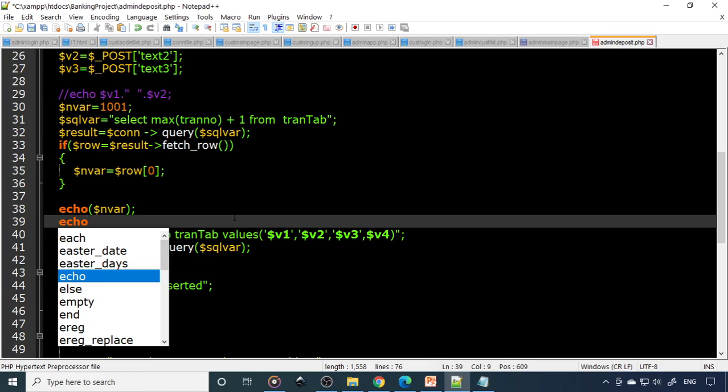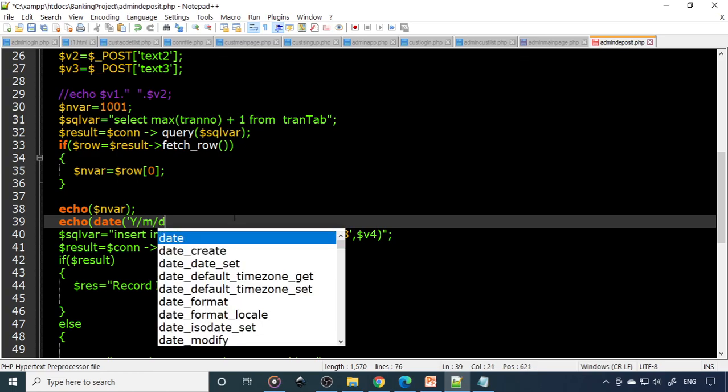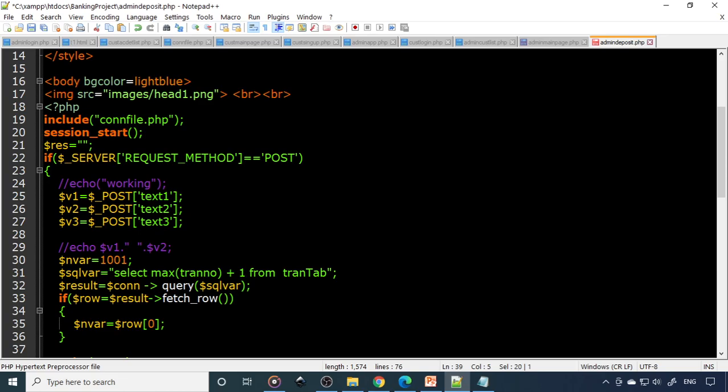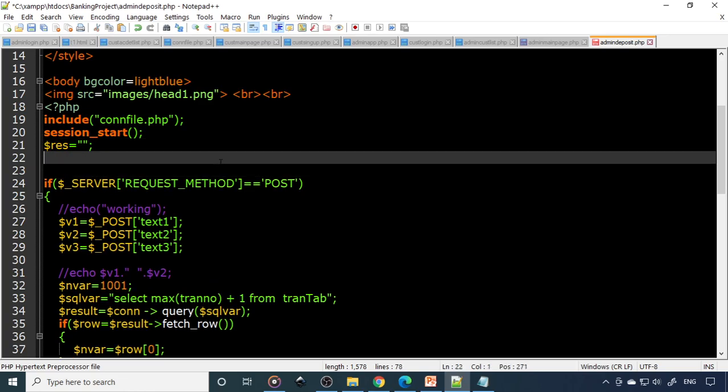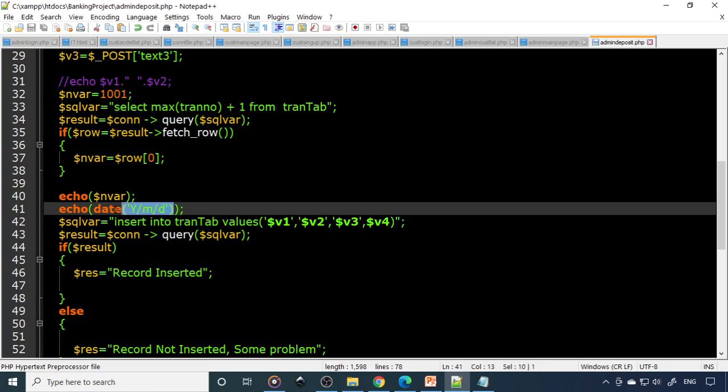So we'll say echo date ymd. Okay, this we can check it out outside only, so therefore we can just keep it here. So this is the date function. So you want to read this in this particular format. So that is date, so that we can transfer to variable, or we can use the same only.